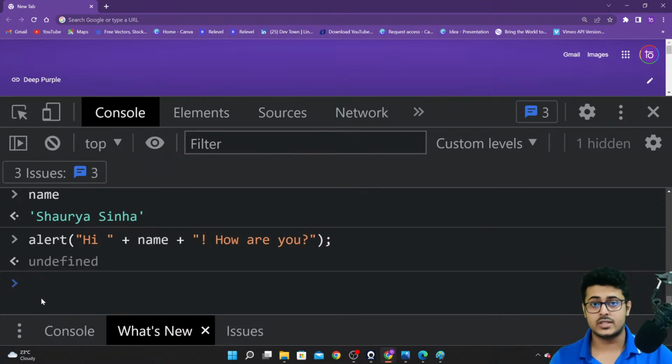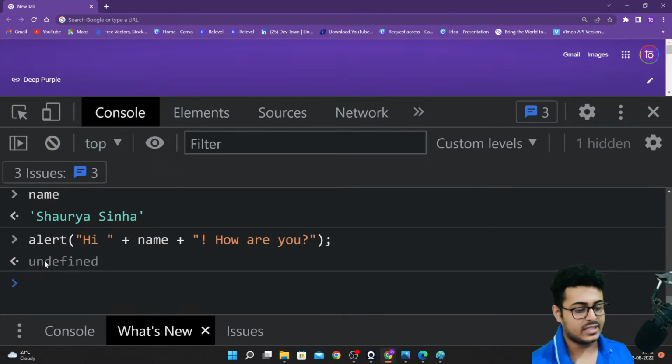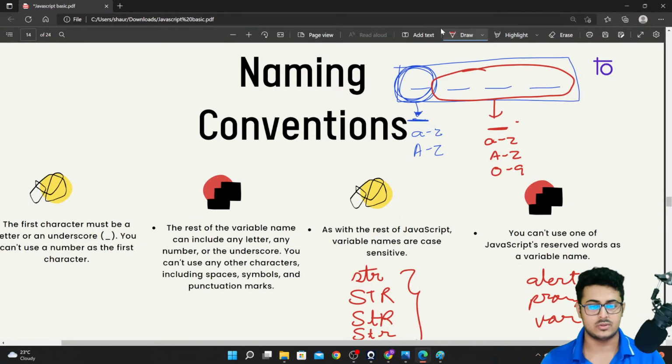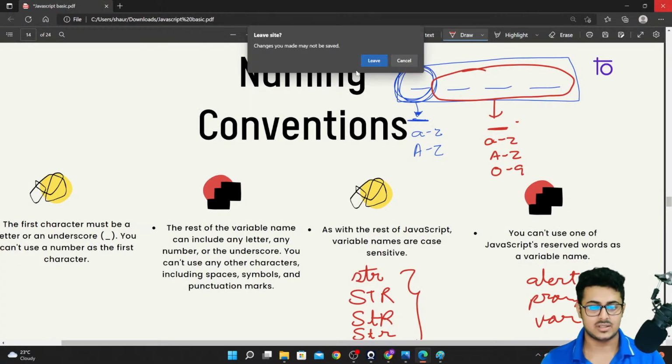From tomorrow, we are going to start with functions. So please be ready for the same. Functions is a very important topic to understand. Why are we getting this undefined right over here? We don't want this undefined. So why are we getting this? You will be able to understand all that once you have understood functions itself. So don't worry about it. It will be very easy, very breezy. You don't have to take any tension.